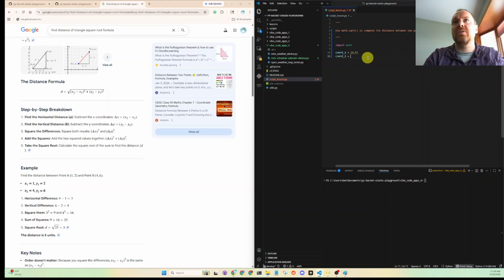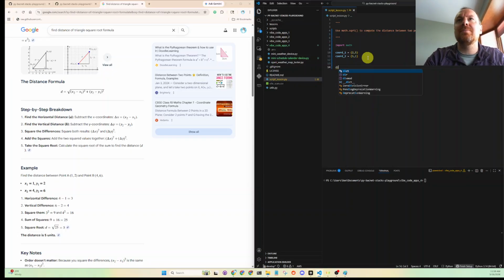Coordinate 2 equals 5 and 1. I'm probably doing something wrong here. I have that sensation, but I think we'll get the idea here. Distance equals, I think we do math dot square root of